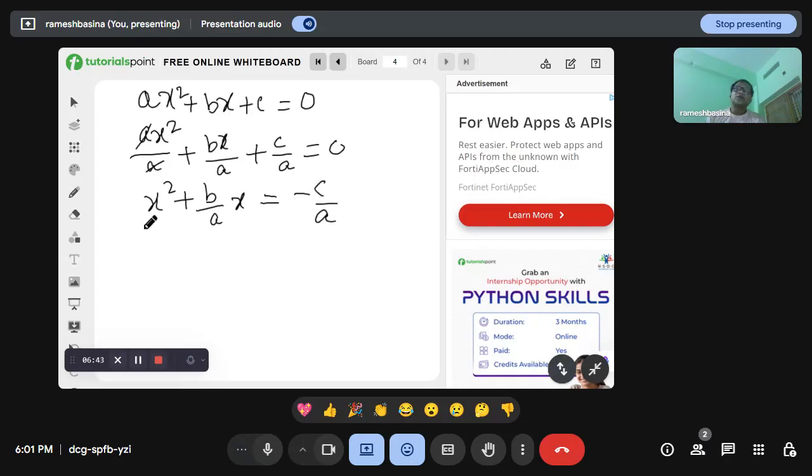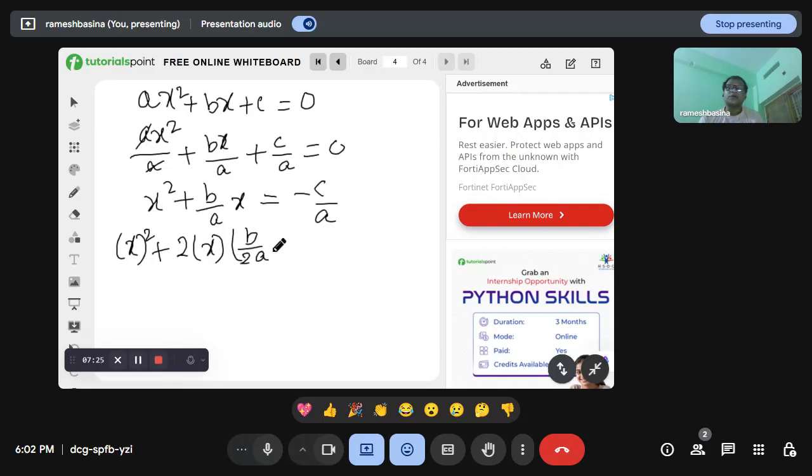Now we have to find the roots. I told you this is solving by the completing squares method. Completing squares method means you have to make it as either a plus whole square or a minus whole square. Now, according to the given equation, x square plus b by a x. Here the x coefficient is b by a, because you have to expand in terms of a plus b whole square. That means you need to find the a value and b value first of all. According to the given equation, you write x square. Plus, this is the x coefficient, this is the 2ab term. 2ab term means 2 into a value, which is x, and b value,